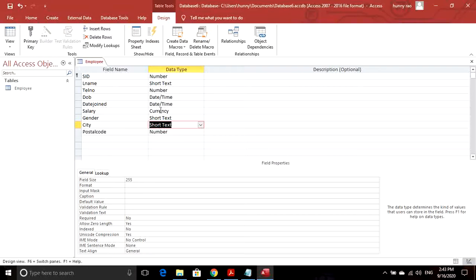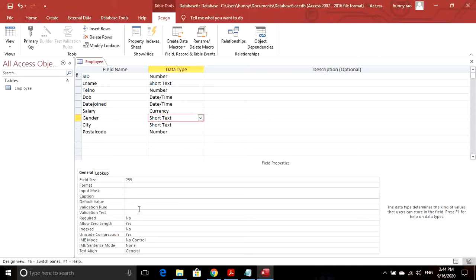So let's apply a validation rule on the gender field, that in the gender field the user can enter either M or F, or it will remain null. If the user is entering any other letters or characters, it should not accept that value and it should give you an error.